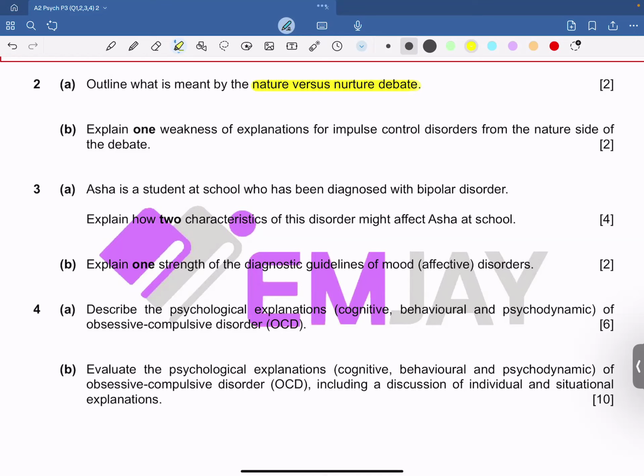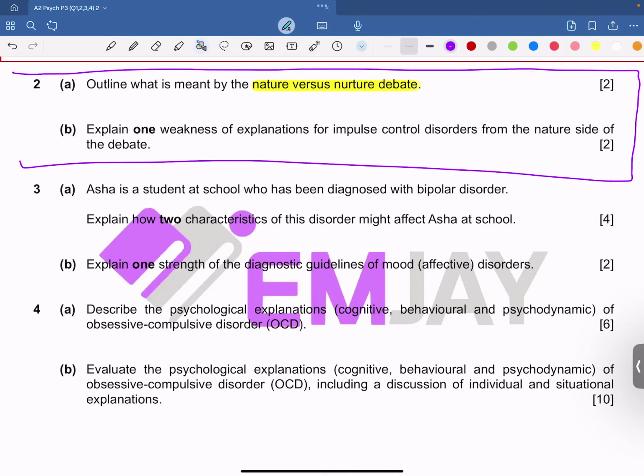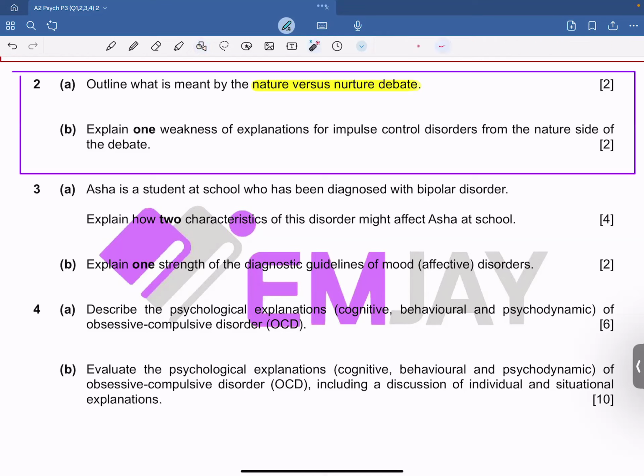Before we get started with this, I'd want you all to give this question a thorough read, and then we'd begin. Now, if we have a look at these questions, I've picked up this question from the specimen paper from 2024. This is from paper 3, question number 2.